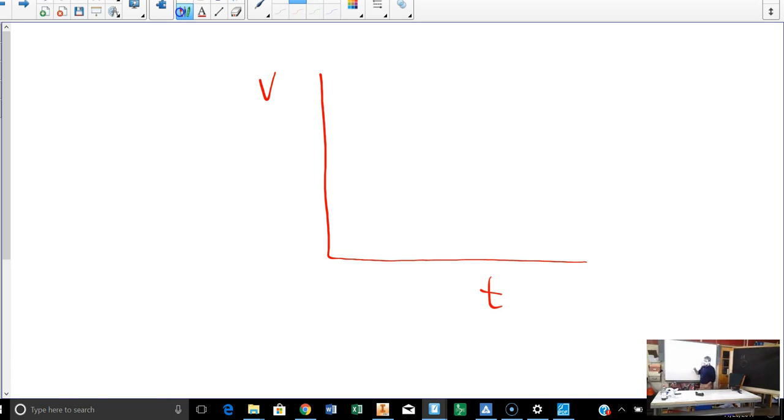And when you look at a velocity versus time graph, and this is a terrific example of this, they have both phenomena, let's call them tricks, that I'm going to talk about in one problem. So if you have something like this for a velocity versus time graph, from point A to B to C,